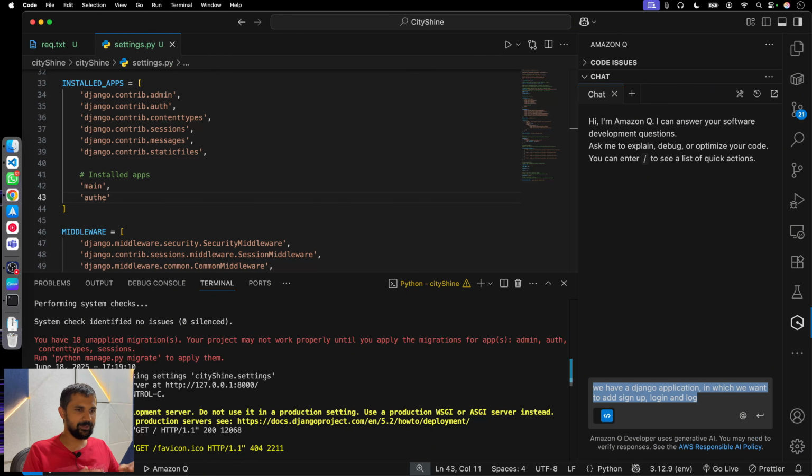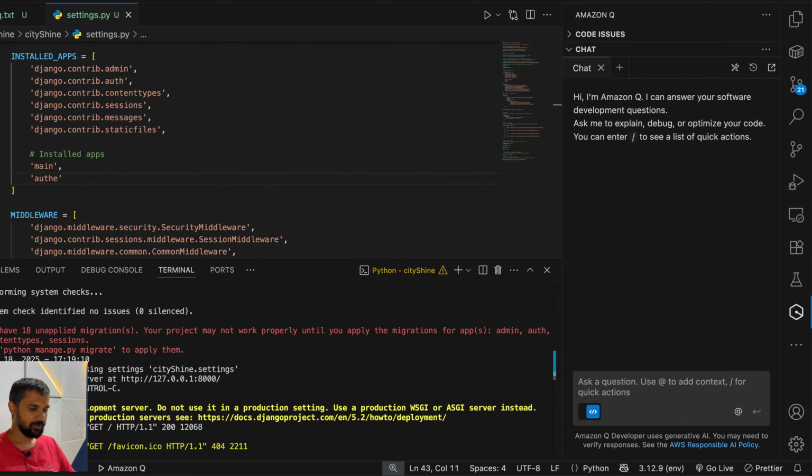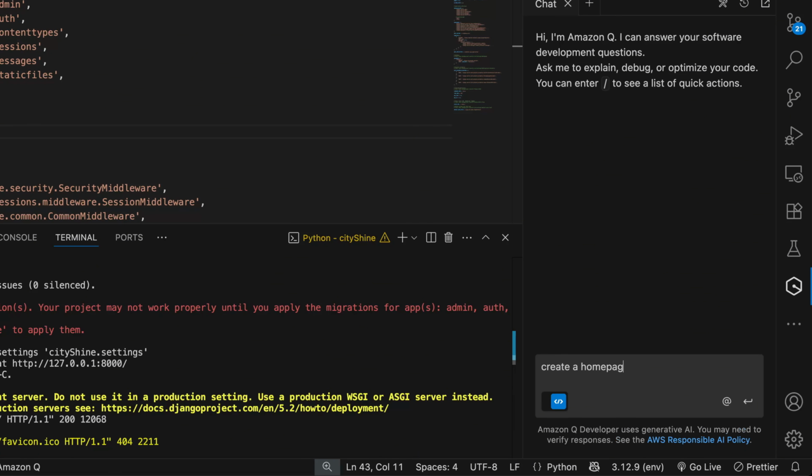Now to keep things simple, I'm simply going to use a bootstrap based application. So let me first create a home page with navbar using bootstrap. Put this in main app and load this page when we go to